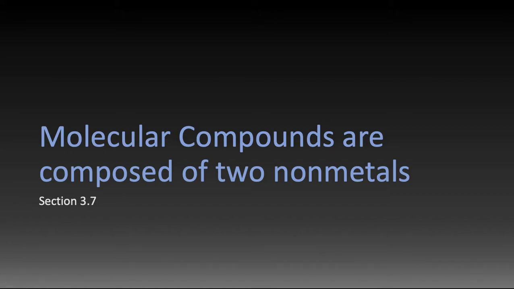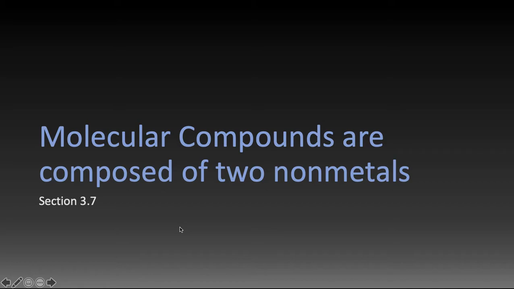of chapter 3 is molecular compounds, and then we're going to do some examples on how to write ionic formulas, especially. Molecular compounds, the only thing that you need to know about this right now is that they are composed of two nonmetals. So anytime you see a molecular compound, you will see that it's made of two nonmetals or several nonmetals. But the difference between a molecular or covalent compound and an ionic